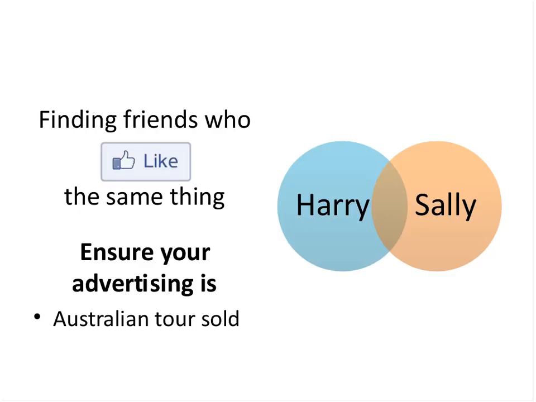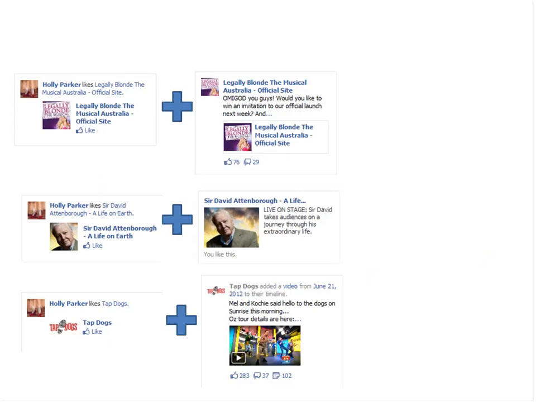One of the other things I'd recommend you do with your Facebook advertising is always make sure you socialise it. So one of the great things about Facebook advertising is you can use the like ads to help people to find friends who might like the same thing. So help them to find friends who might also like to go to your event, by running Facebook like ads at the same time in combination. So we always do the two in combination, Facebook like ads together with the website or other Facebook ad formats.